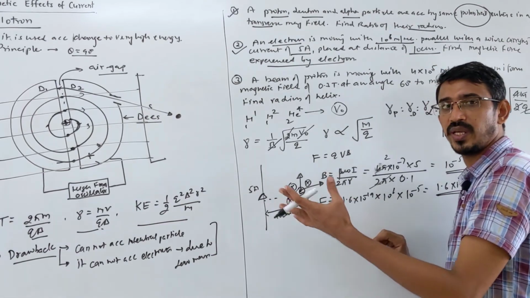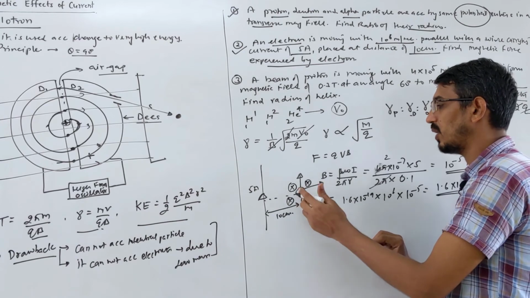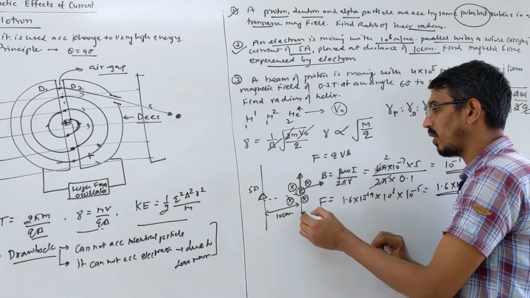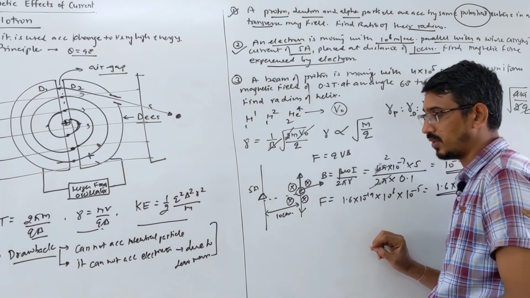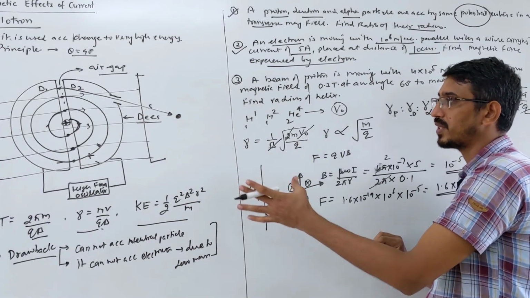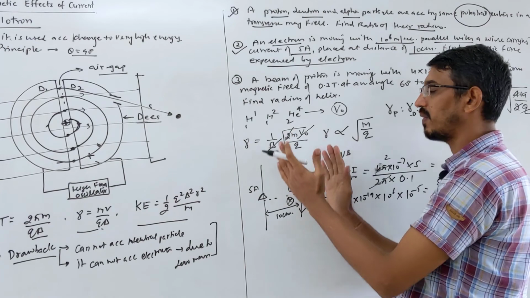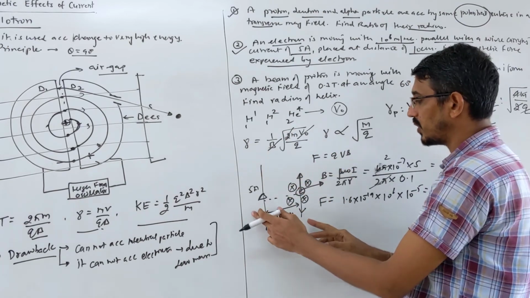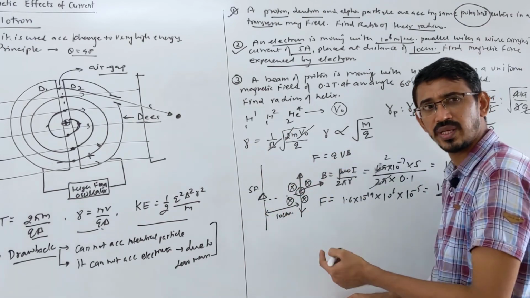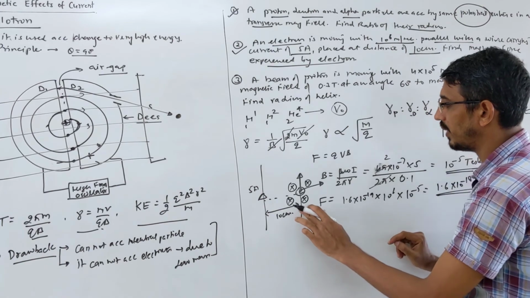This will come in the next topic actually. You can write the equivalent current. Suppose the electron is moving this way, then the current due to the electron comes downward, in the opposite direction. So we learn the concept in the next chapter that if two parallel wires are there and current flows in the same direction, they will attract each other. Current flowing opposite, then they will repel each other. That way also you can answer the direction. But here we know the hand rule simply.